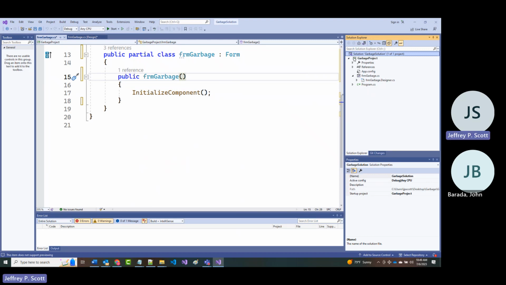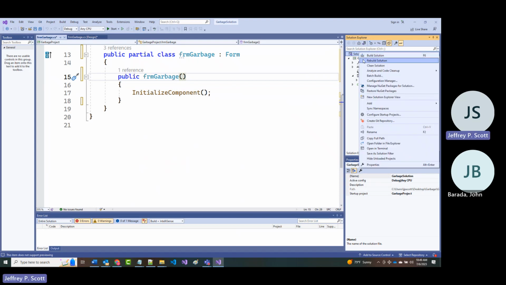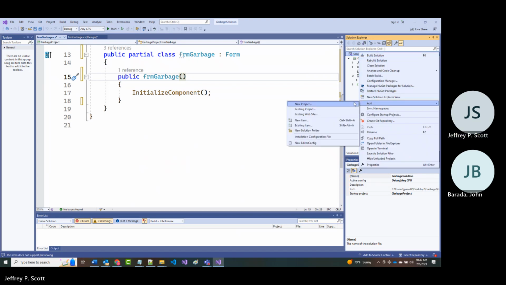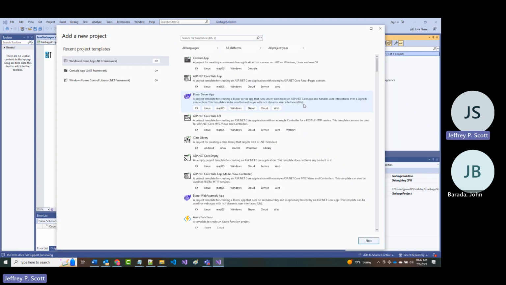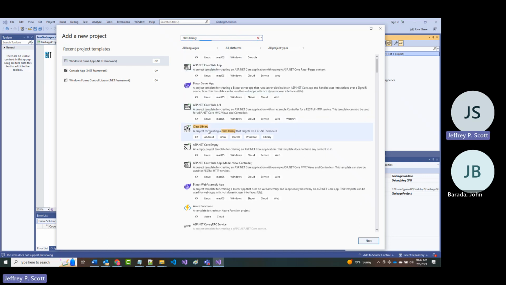We're going to our solution here, and we are going to do an add new project. All right. And you might say, well, we've done this before. Not like this. Up here, I'm going to type in class library. And lo and behold, there it is.